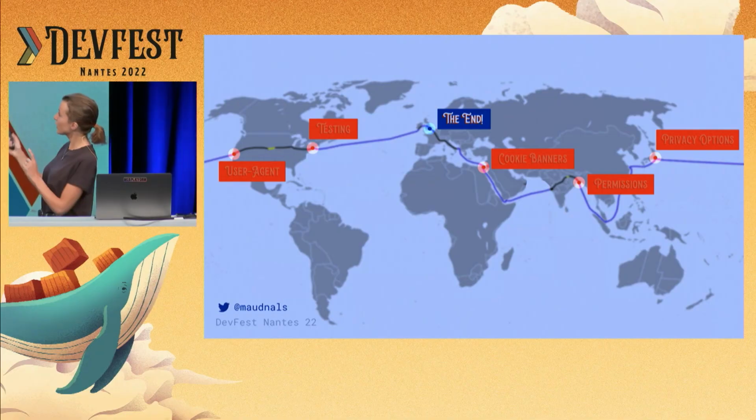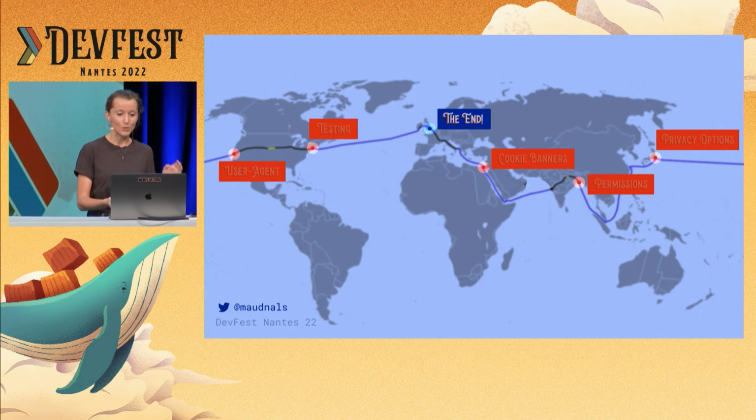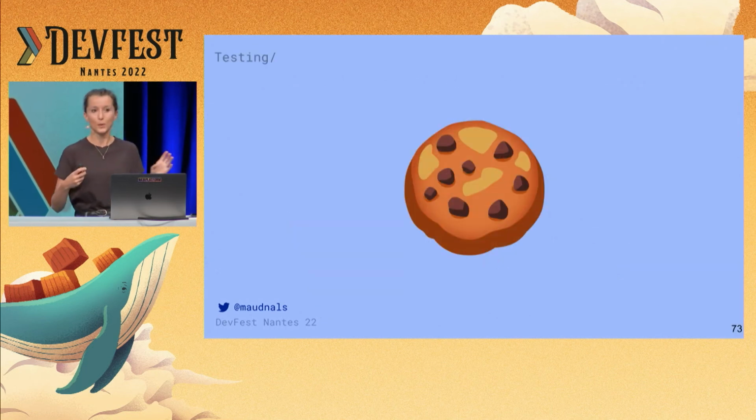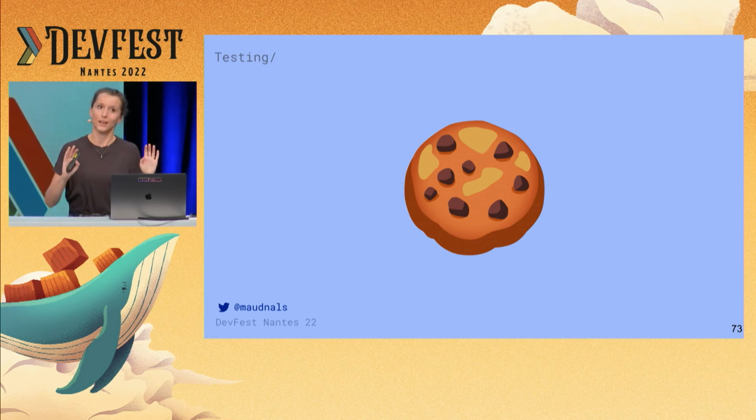Okay, we're actually almost at the end, because I want to take a quick pause, in the middle of the Atlantic Ocean, before we close the loop. I want to zoom out a little bit about what's happening with cookies and give you a very high-level summary of the privacy landscape in browsers.